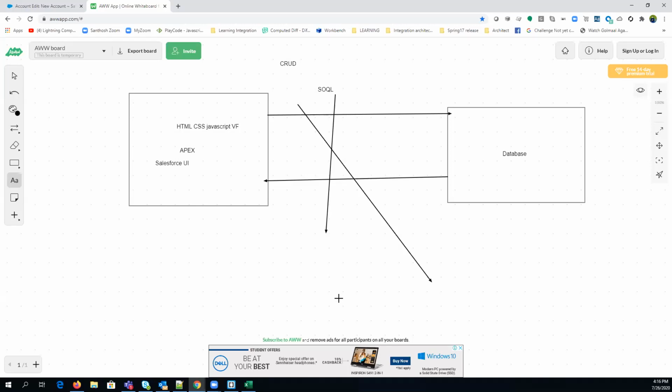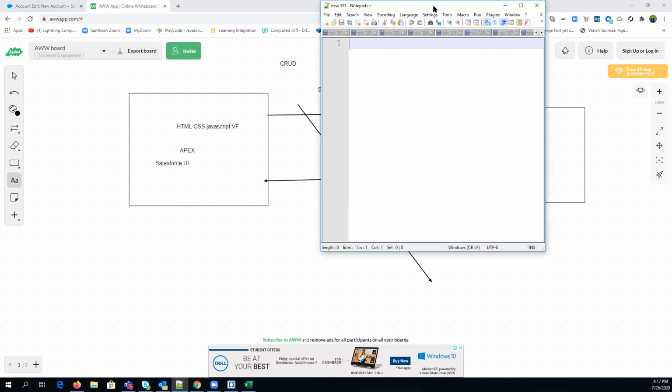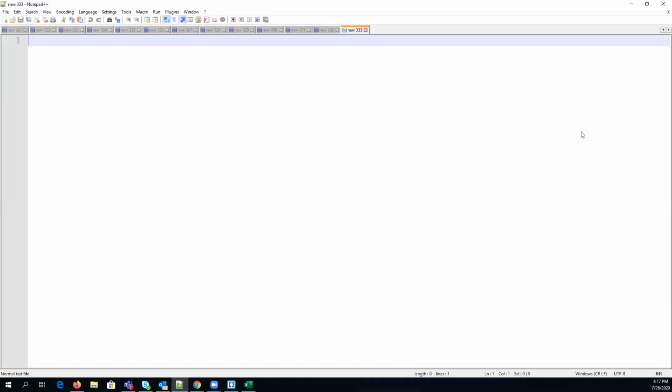Apex is a strongly typed language, right? So what do you mean by strongly typed? It is an object-oriented language. It means that it will follow all the object-oriented concepts we will discuss in our forthcoming lectures, and it is also a strongly typed language. So what do you mean by strongly typed? Can anyone explain? Like each and everything should be declared before defining that. As I will explain, what is a data type. So let me just explain what it is.